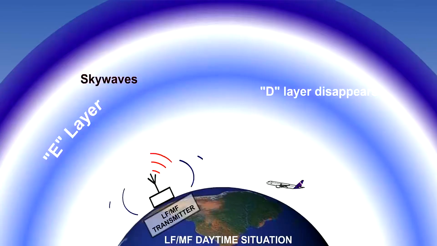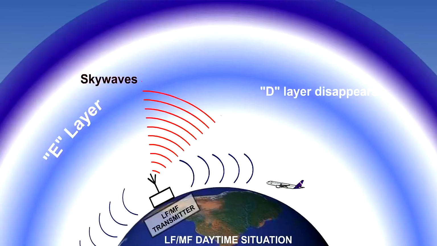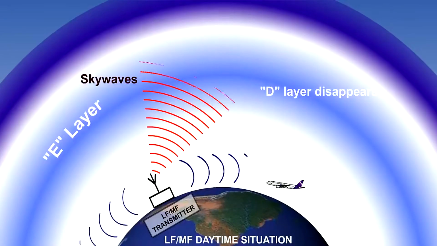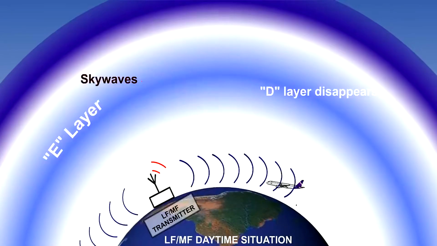As a consequence of all the factors affecting the ionosphere and the characteristics of different frequencies, the choice of radio frequency is important. Let's work up from the lowest frequency. Low and medium frequencies are absorbed by the D layer, so their propagation of sky waves during the day is poor, and surface waves are used instead.